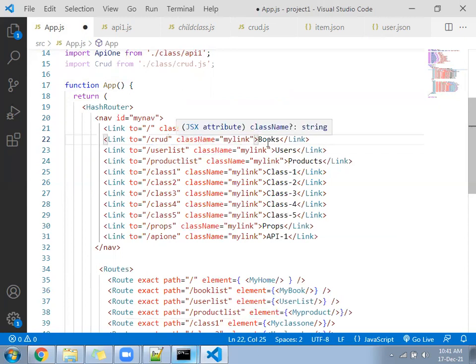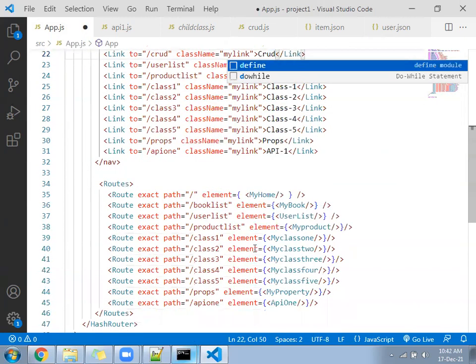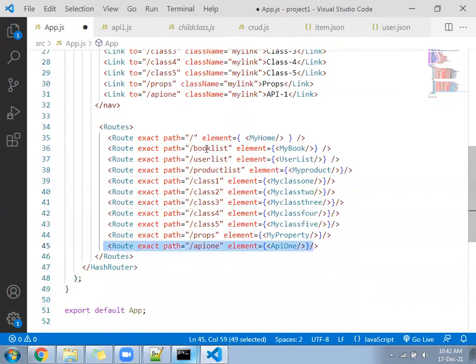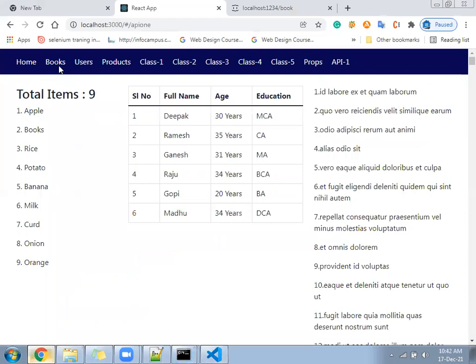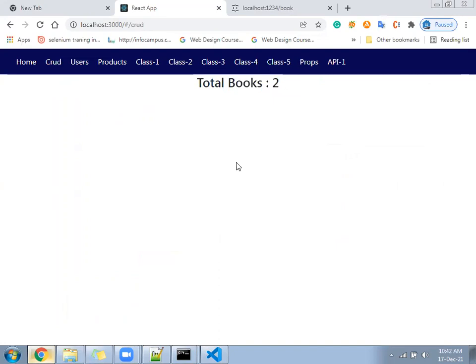CRUD, I have given the path. While giving the path, c will be small. While calling the component, C will be capital. Here it is. It says total books 2.